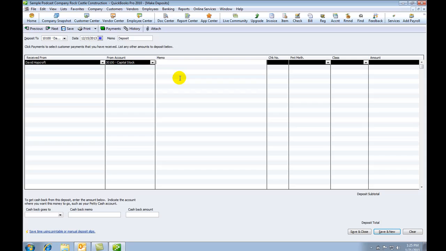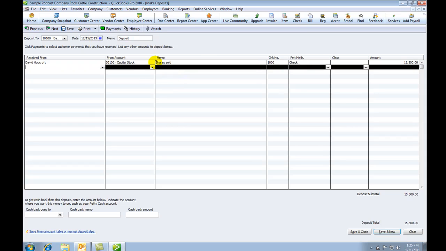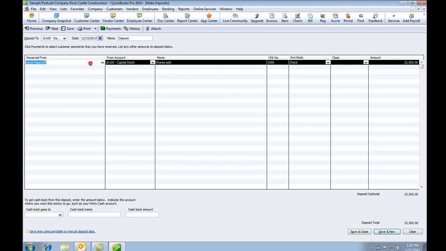So the memo is shares sold. Check number 1000, we'll call it. So the payment method is a check. And the amount will be, we'll say 15,500. That'll be fairly easy to identify in a minute. So that's our